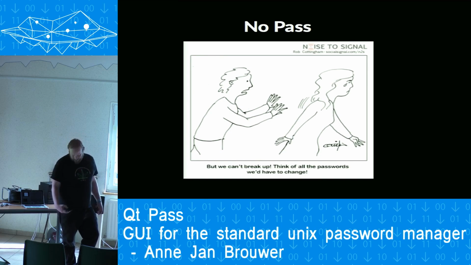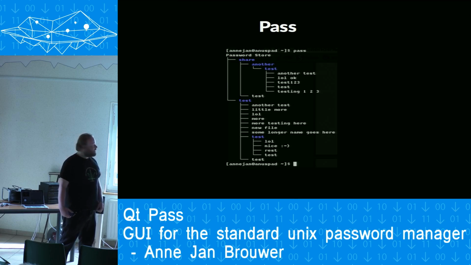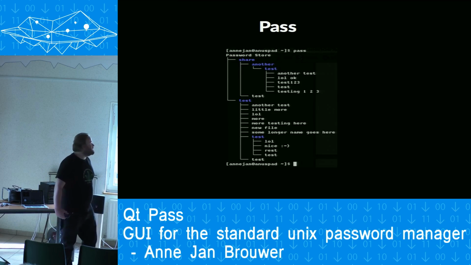It's just stupid. So we were looking for something to solve this, and we wanted it preferably to be open source, with ease of use, and also to share credentials among a team. The only thing that we could find that fit our bill is Pass, the standard Unix password manager, which is a very nice bunch of bash scripts. It's very simple on every system. It's just apt-get install, brew install, whatever, pkg install on FreeBSD, and it works. The only downside is it's command line, which for us developers in the team wasn't a problem.